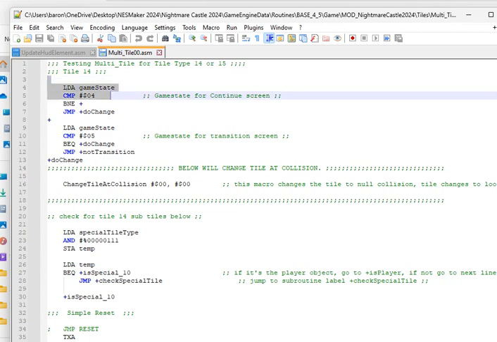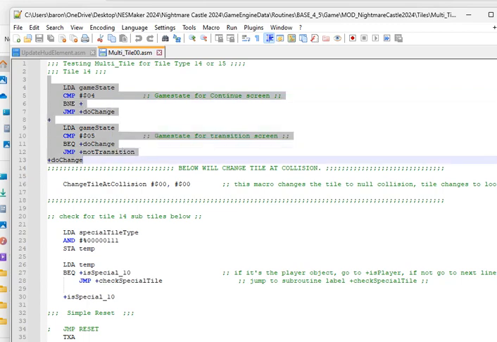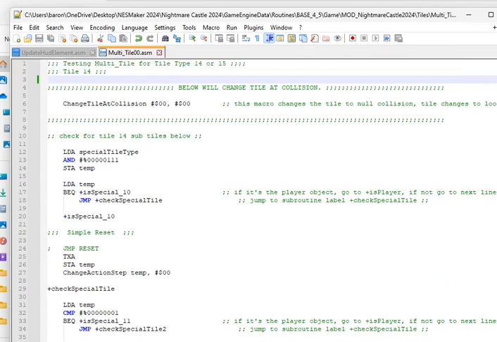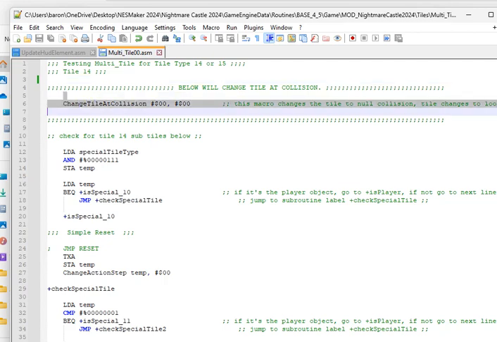So this was what I had for game state for continue screen. I had a game state check for transition screens, so that's not important. So the tile will be a tile that nulls itself after one use. So this is a single use tile. If you do come back to that screen in your game, it'll reset itself to being this again too. But until you leave that screen, that tile goes off once.